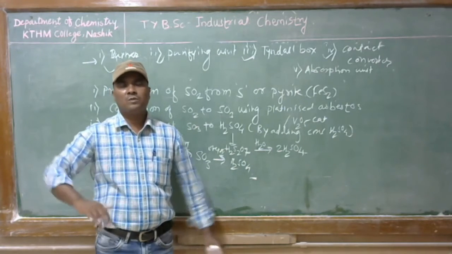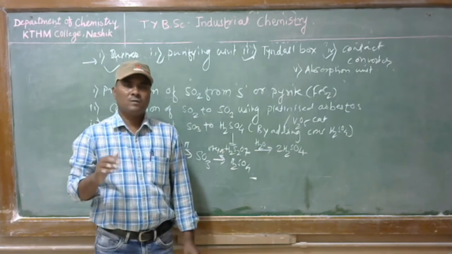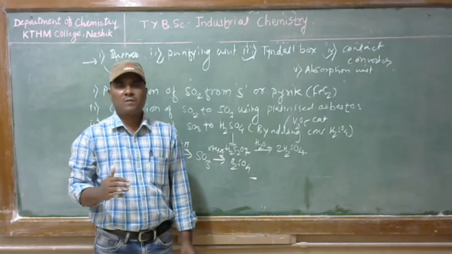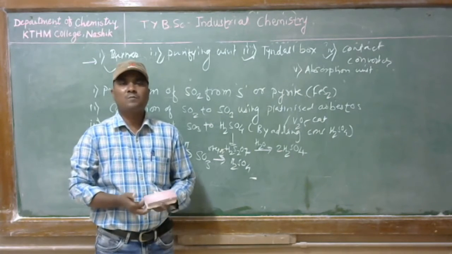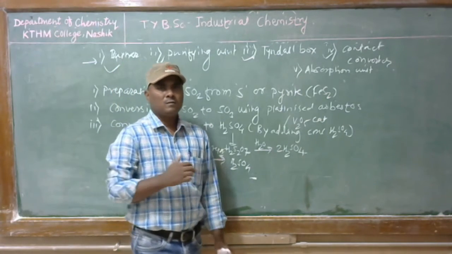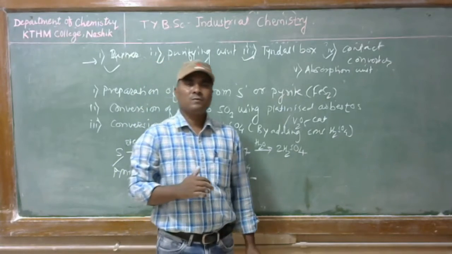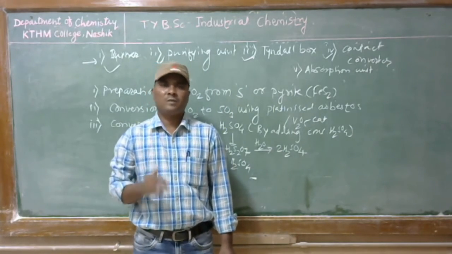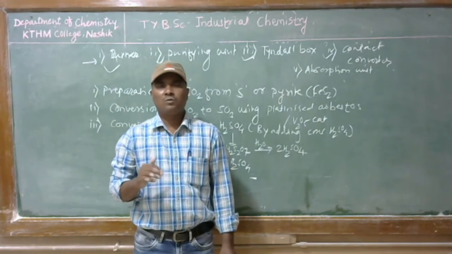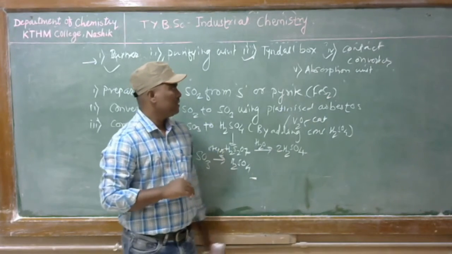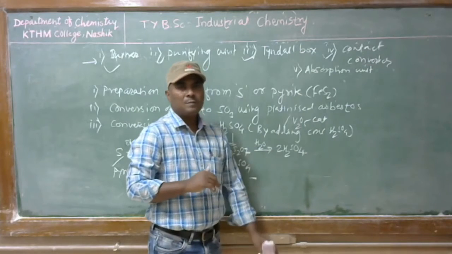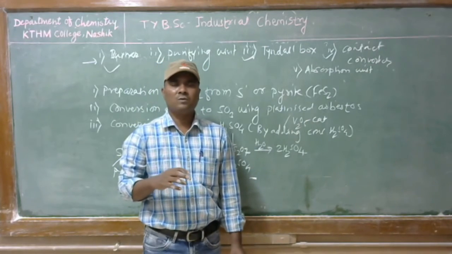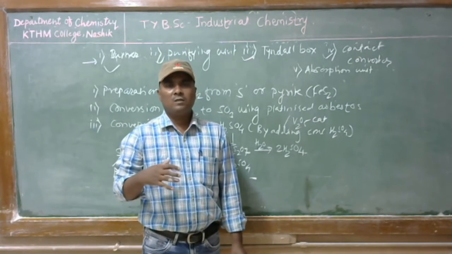If platinized asbestos is present in the reaction, then 10% SO2 is passed, and if vanadium pentoxide catalyst is used, then 7 to 8% SO2 is passed from the chamber into the contact converter. In the absorption unit, as I told you yesterday, instead of water, H2SO4 is added